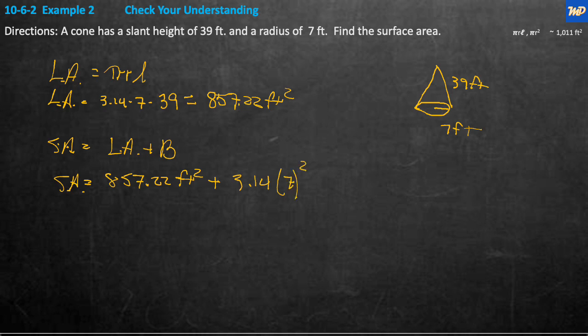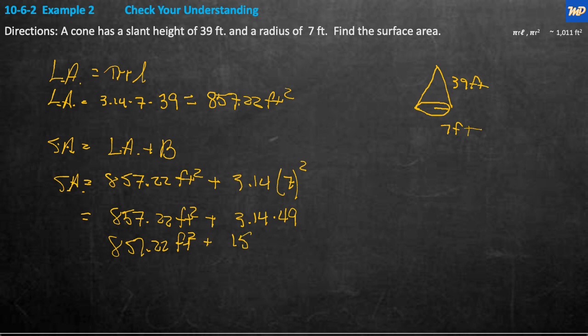So that equals 857.22 feet squared plus 3.14 times 7 squared, which is 49, and that equals 857.22 feet squared plus 153.86 feet squared. And when you add them all together, the SA is equal to